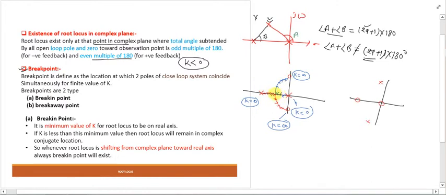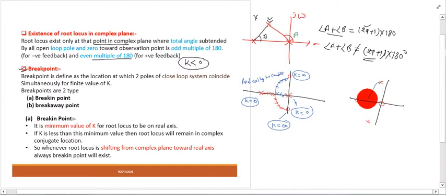Root locus branches break into two parts and go into the complex plane. This means the roots are going from the real axis to the complex plane. Right? Here the roots are moving from the real axis to the complex plane. Here our roots are moving, but see here, when we increase the value of k, then our